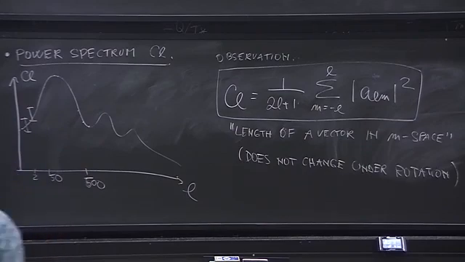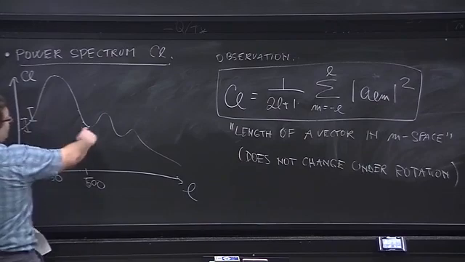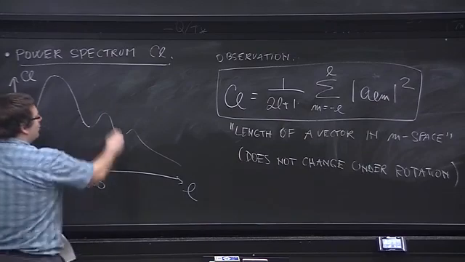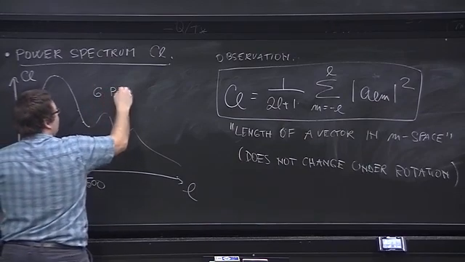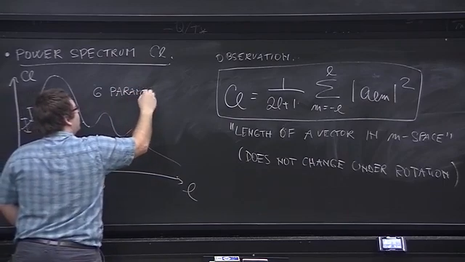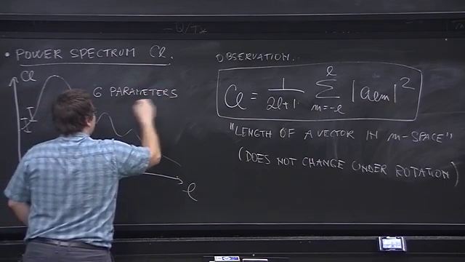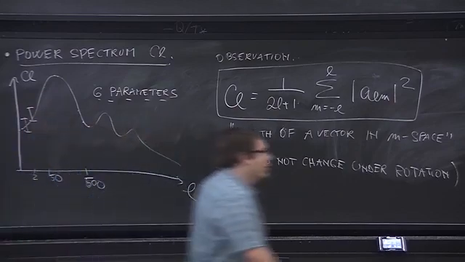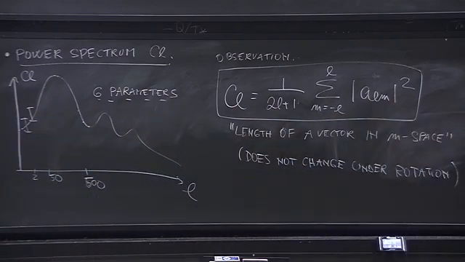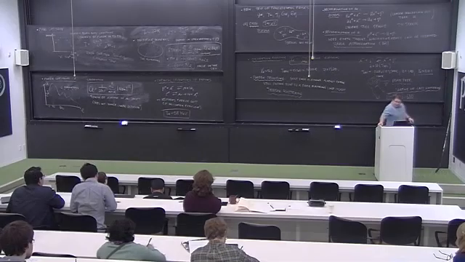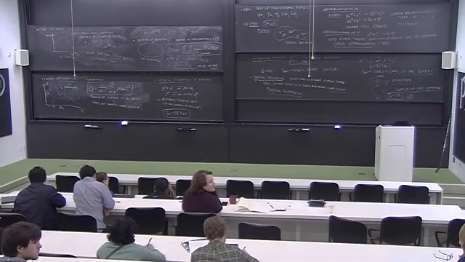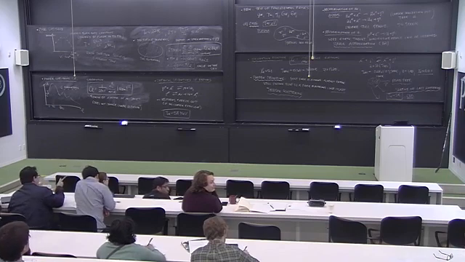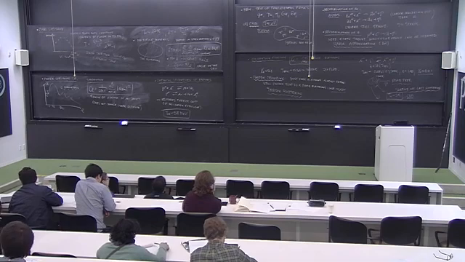Okay, and what is amazing is that you can predict this theoretical curve by 6 parameters, and I'll discuss what they are next week. But basically, to predict this curve theoretically, all you need is 6 parameters, and then it agrees perfectly with the observation up to small l. So let's see if it works now.